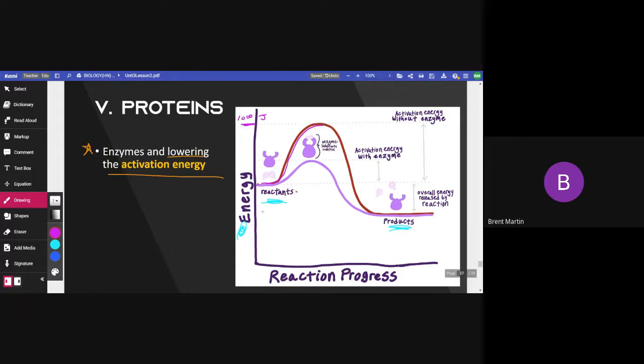So say, for example, you ate a steak and you want to digest that steak and turn it into amino acids in your stomach that your body can actually use. Remember, steak is a protein. If you did not have stomach enzymes, would that be hard? What if you ate a steak and didn't have digestive enzymes and you just had to wait for it to deteriorate? That would take forever, wouldn't it? Can you imagine how much energy it would take? Your stomach would literally have to gnaw on it, and you would have to chew it and chew it and chew it. That would take a lot of energy, wouldn't it?